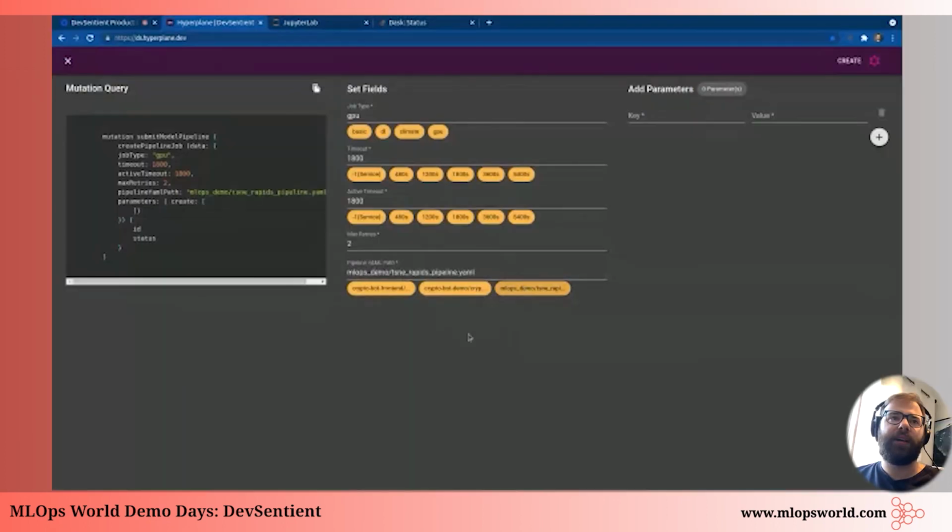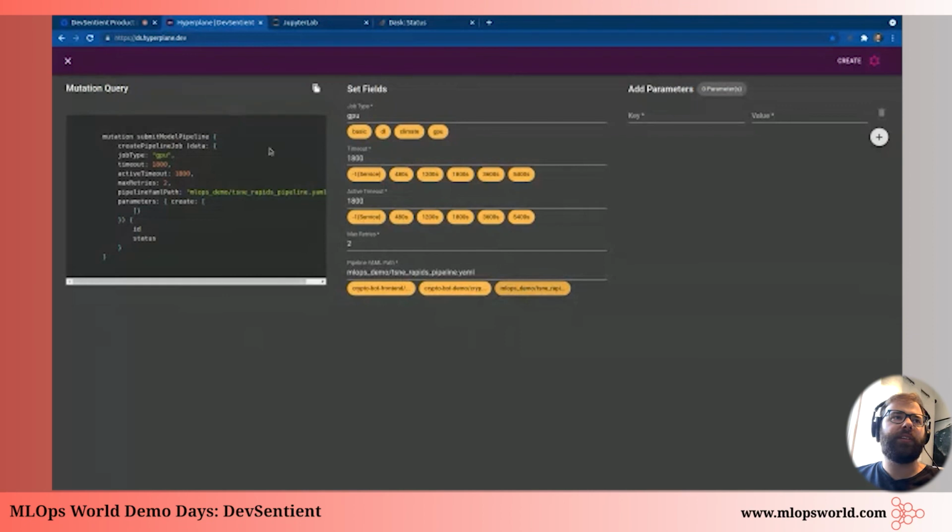So I know this is a GPU related job. There's some timeout related parameters and max retries as well, with respect to if there are failures, how do I want to retry? And then my pipeline path as well.